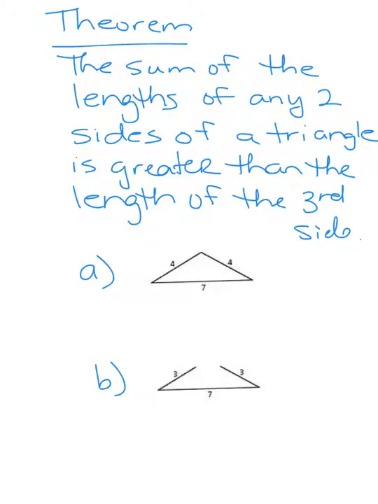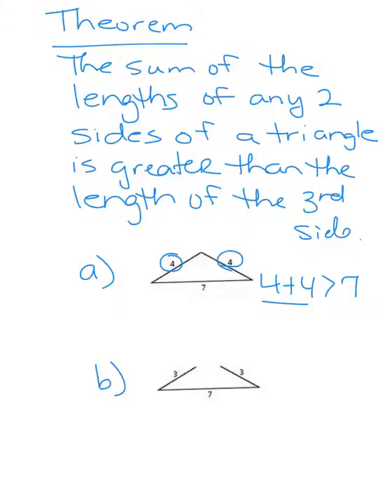Let's take a look at our last theorem for today. It says the sum of the lengths of any two sides of a triangle is greater than the length of the third side. So in looking at example A, my lengths are 4, 4, and 7. Now, to test this theorem, I always take my two smaller sides. So I have 4 and 4. Since 4 plus 4 is greater than 7, since 8 is greater than 7, I can form a triangle with